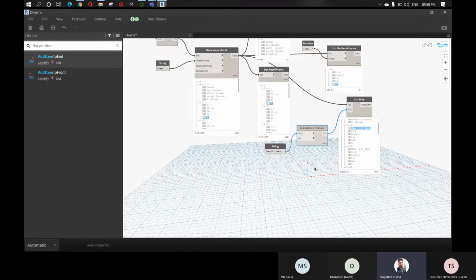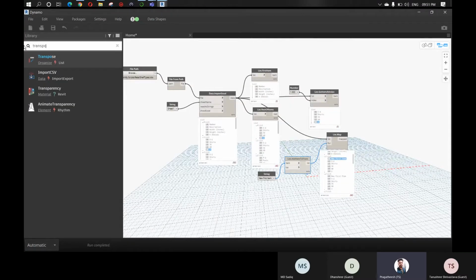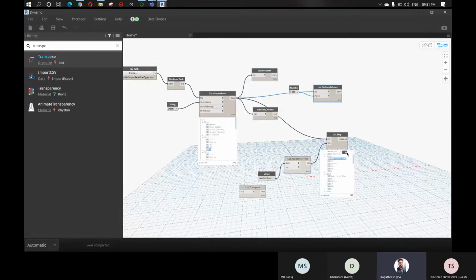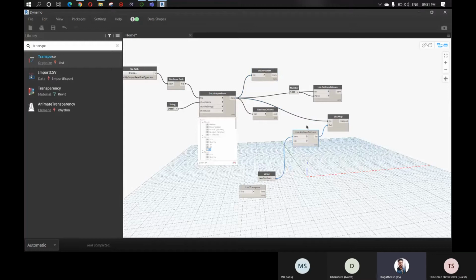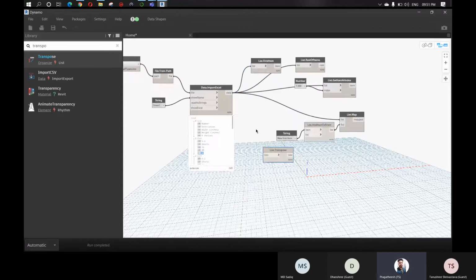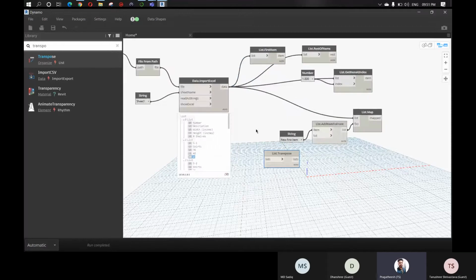And next is a node called transpose. So this is a very useful node. Okay, so first let me tell you what this transpose node will do.